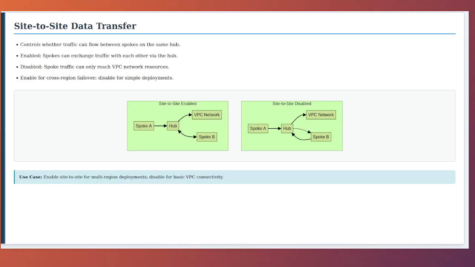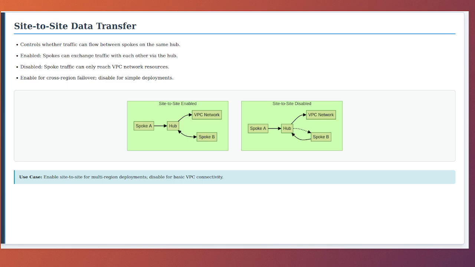Site-to-site data transfer. An important feature to understand when working with router appliance is site-to-site data transfer. This setting controls whether traffic can flow between spokes attached to the same Network Connectivity Center hub. When site-to-site data transfer is enabled for a spoke, traffic from that spoke can be exchanged with other spokes attached to the same hub. This is useful for scenarios like cross-region failover, where you need traffic to be able to